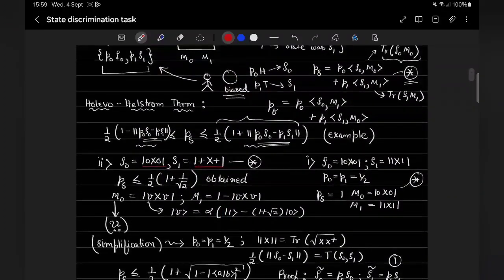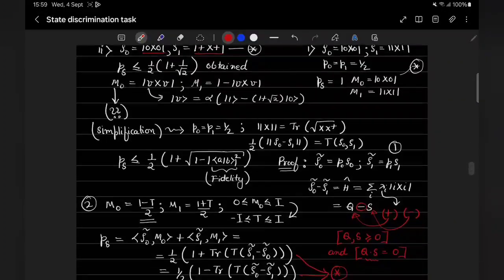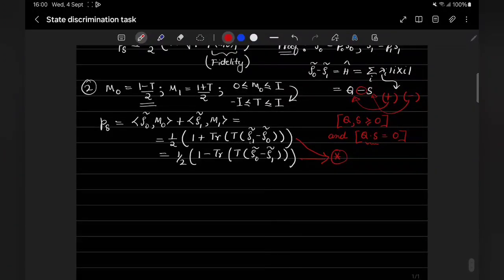So if you see in the theorem, it is exactly having a half outside, and inside I have 1 plus something, but here that something is not quite there yet. So for this, what we need to prove is max over minus 1 ≤ t ≤ plus 1, or identity, because t is an operator here. It just means the same thing. So a trace of t times rho 1 tilde minus rho 0 tilde,